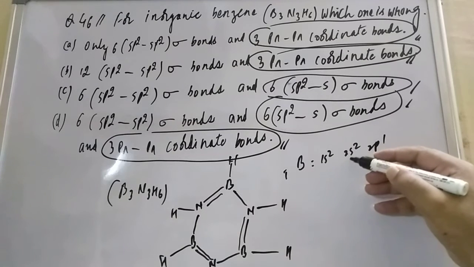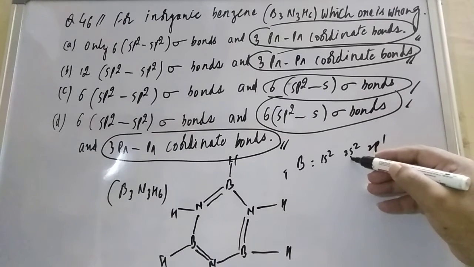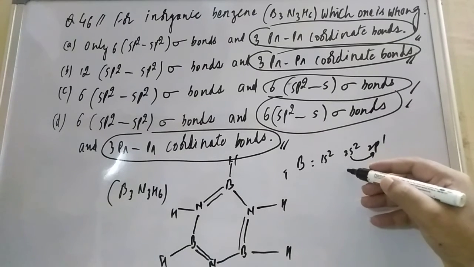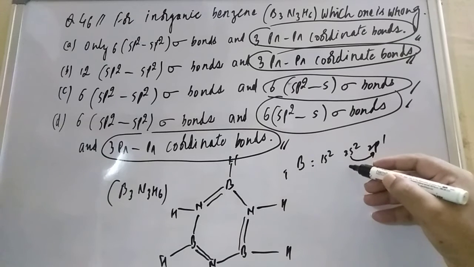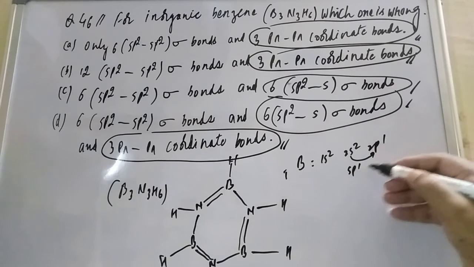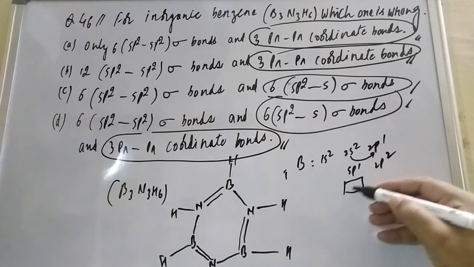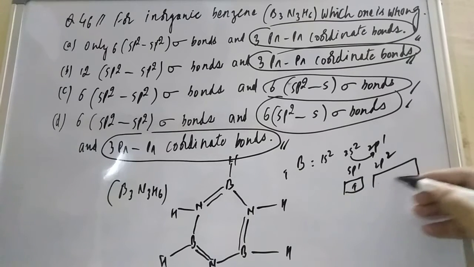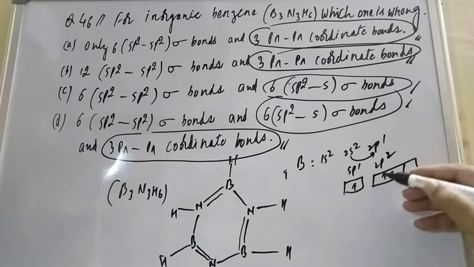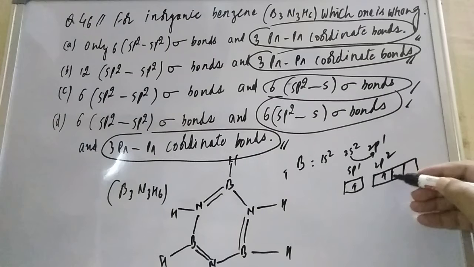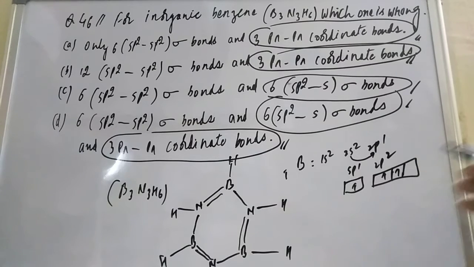If you see, this one will go into the excited state, so it will come into 2s1 2p2. Let us see the configuration: the distribution here is 1 and here is 1. So here one is deficient, and here one orbital is vacant.